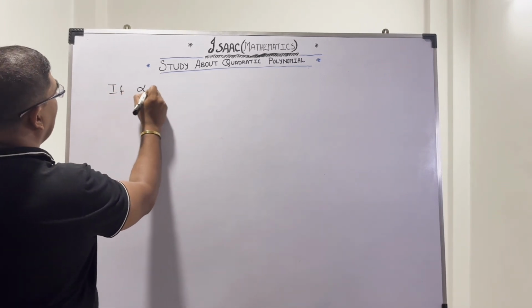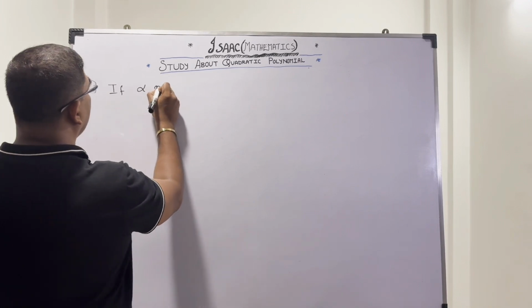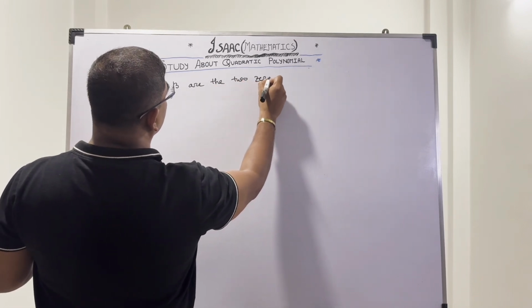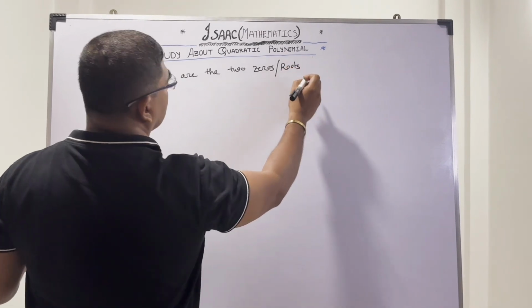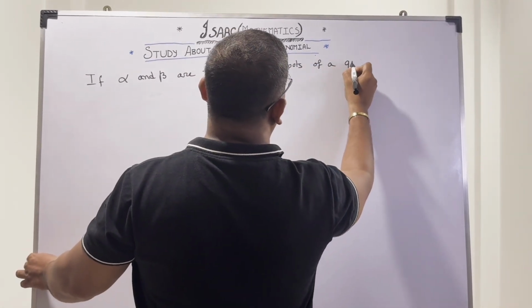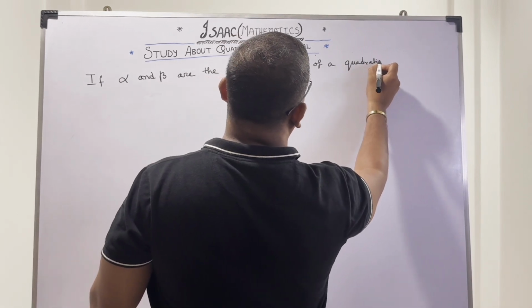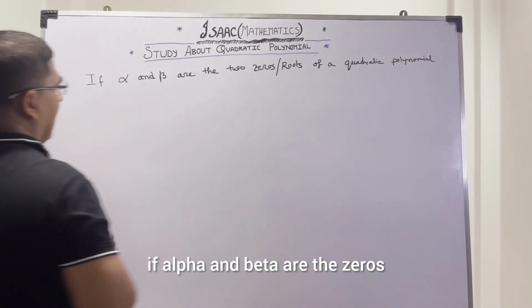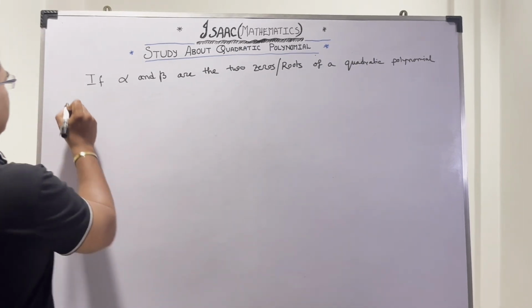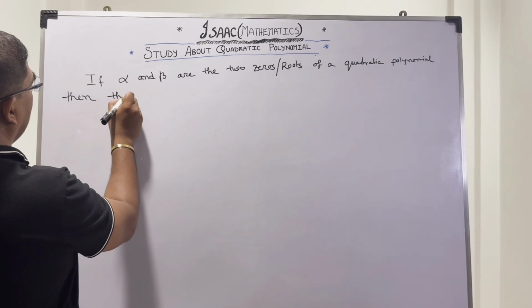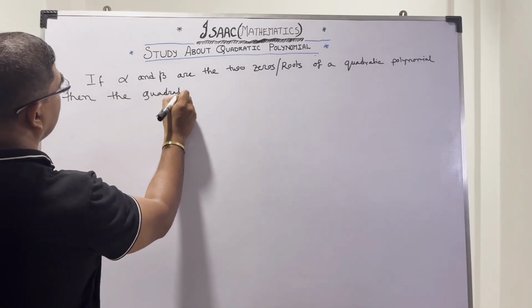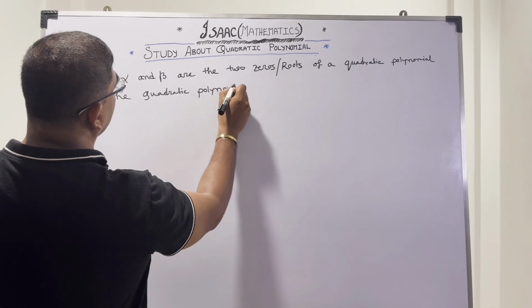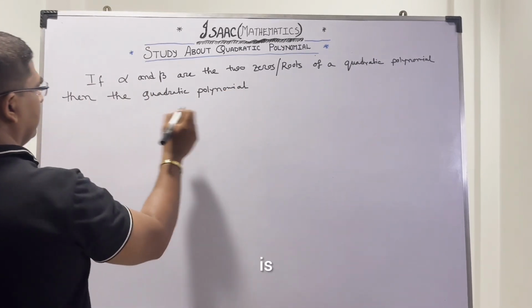If alpha and beta are the two zeros or roots of a quadratic polynomial, then the quadratic polynomial is